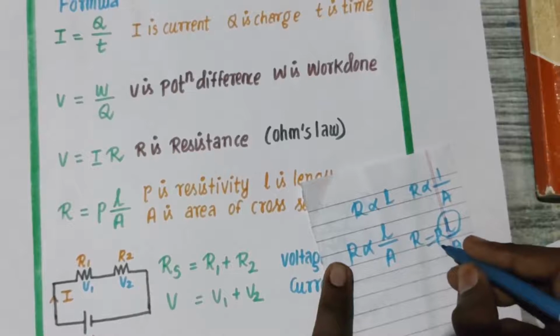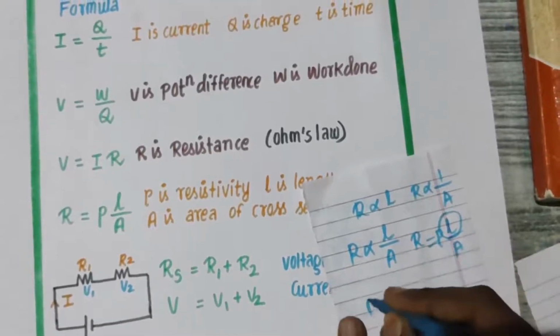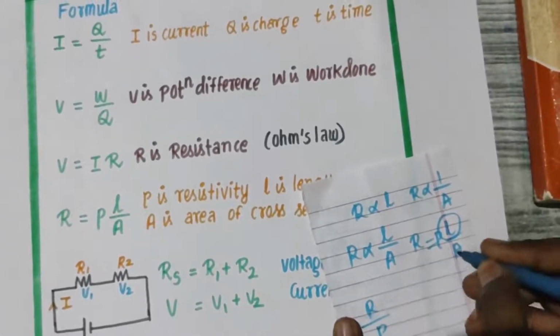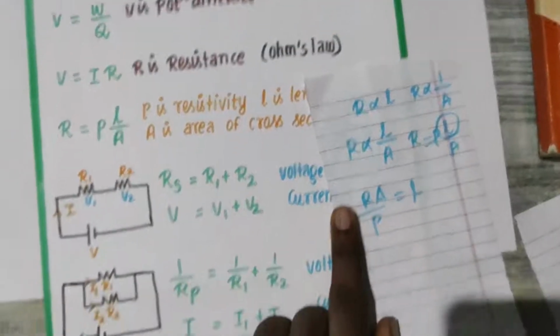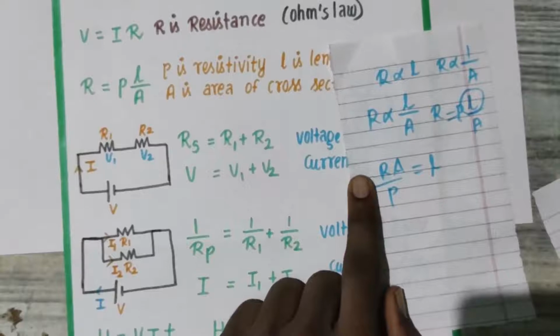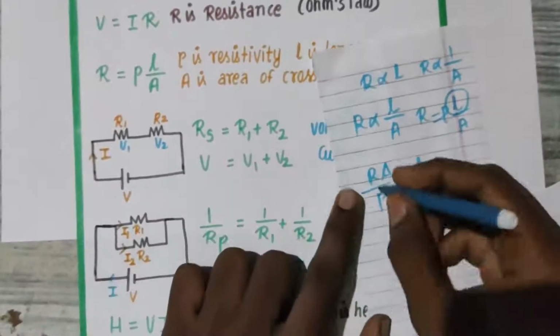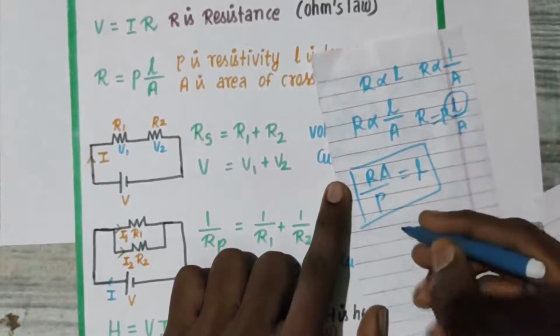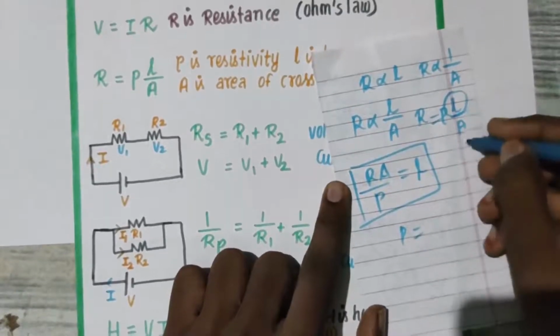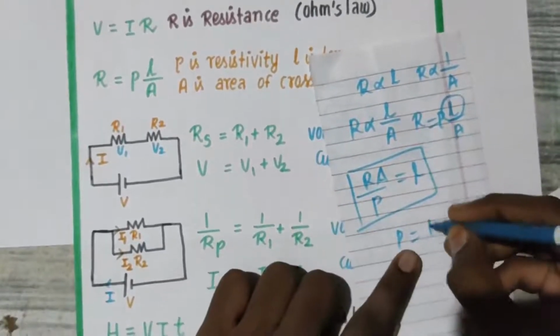Okay, so rho, on this side, you see it is in the numerator, right? So here, when it goes to the divide side, it goes to the denominator, and A comes here. Okay, so this is the formula to calculate the length, guys. Remember this. And similarly, if they are asking you the rho value, then what you have to do, take this L by A to this side, so it will become A by L,